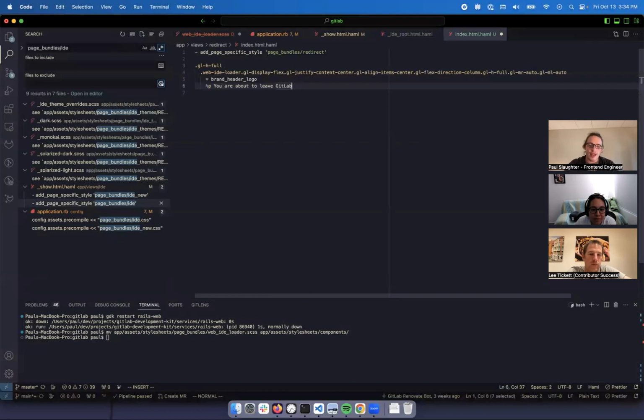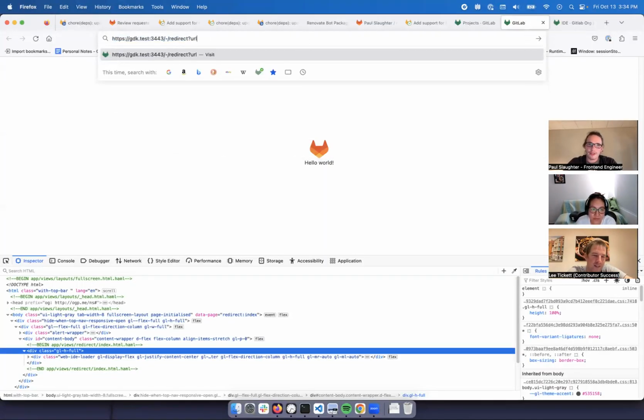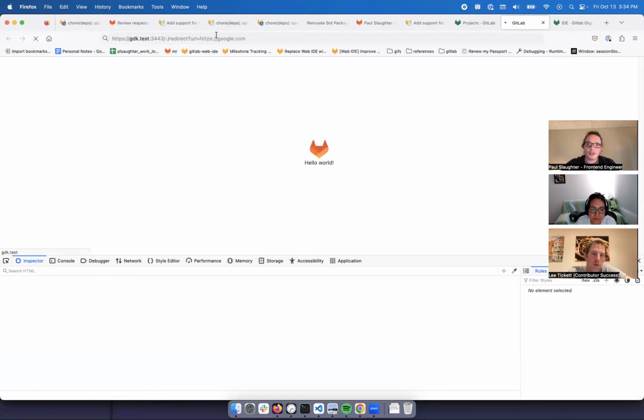You're about to leave GitLab. I don't know if we want to say, are you sure you want to continue? Because we want to spell out the whole URL. It's more about please make sure that this URL looks safe. I'll get the right message from a technical writer, but